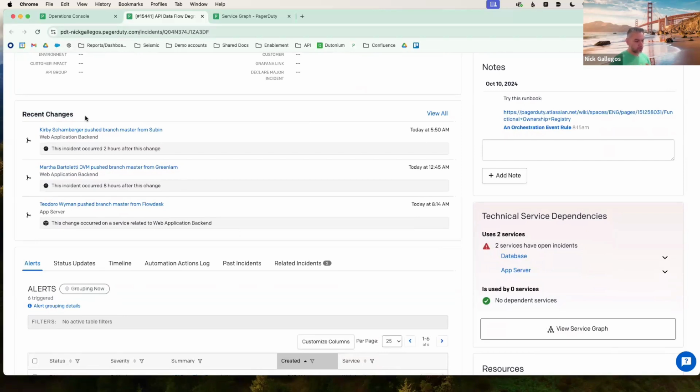So there are two types of integrations in PagerDuty, right? There's the events integration, which you all know and love. That's the thing that triggers incidents and pages out to you. There's also a change integration. Now, a change is not going to trigger an incident. It's simply context. It's going to ingest that some sort of change happened in your environment. That could be from GitHub, GitLab, ServiceNow, Jira, Chef, Puppet, whatever you may be using as a CI/CD tool. You can ingest that information into PagerDuty, and PagerDuty will intelligently surface that information for your responders to say, hey,